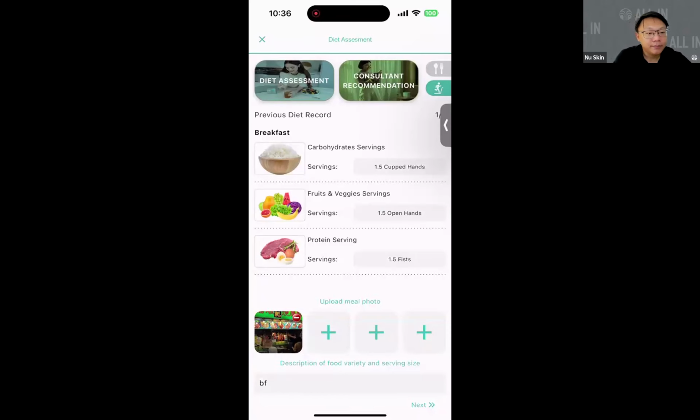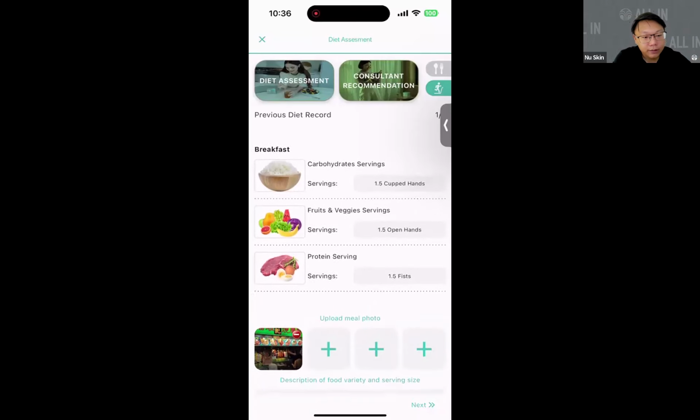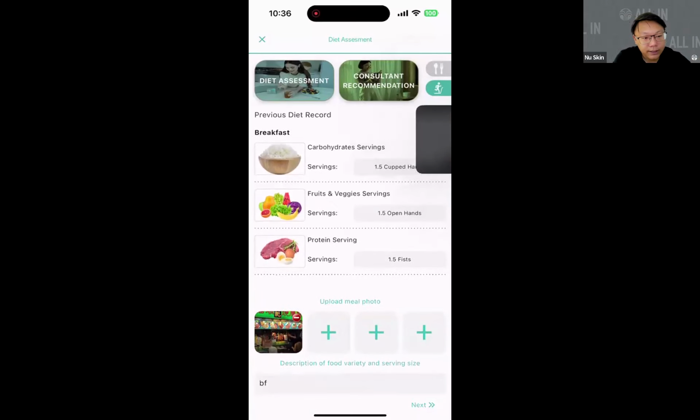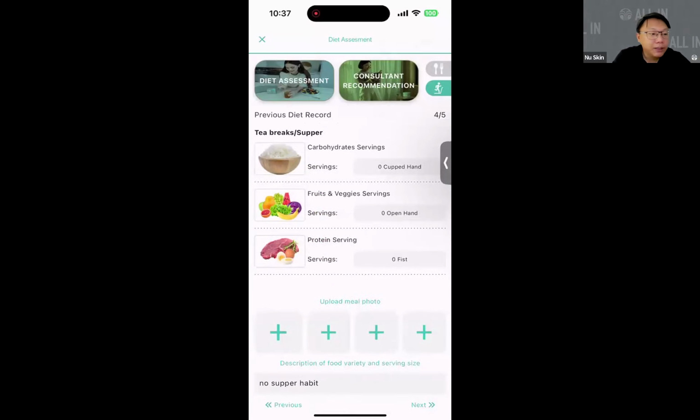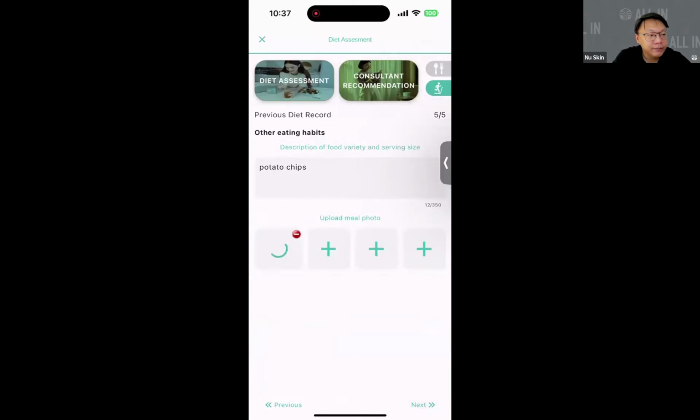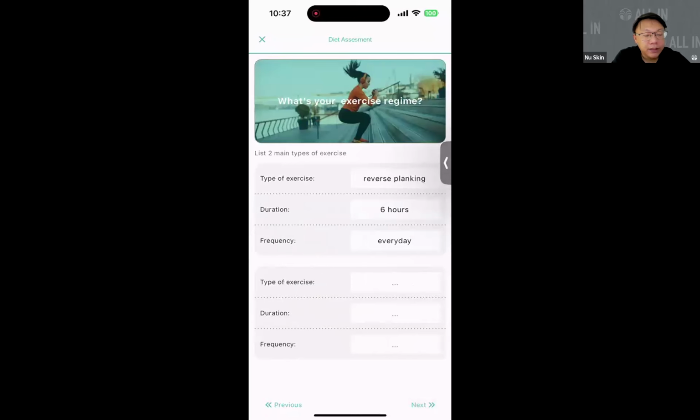So this is how the diet assessment would look like. It will ask you questions on breakfast, what do you normally take? This is not the meal intake recording. This is based on the customer's current lifestyle. Dinner, and do they eat supper or tea breaks? Or do they have any other eating habits?